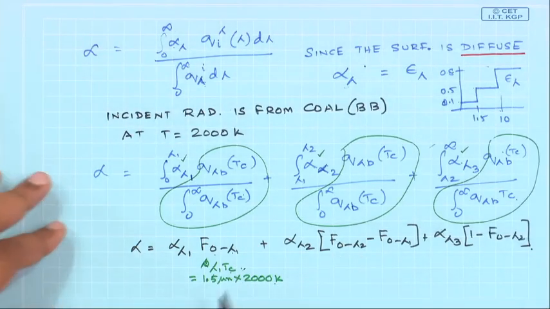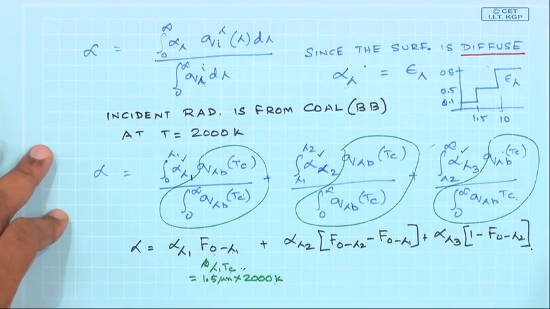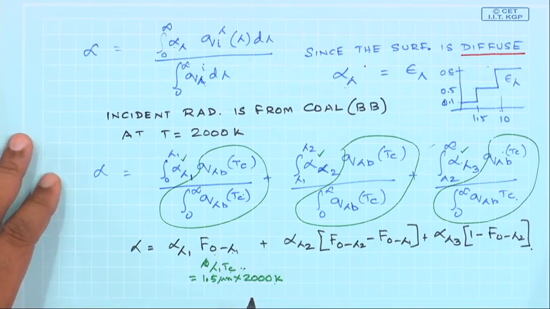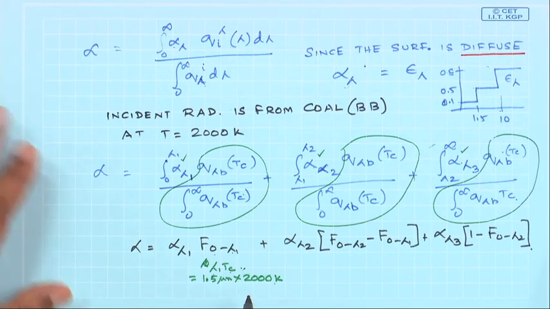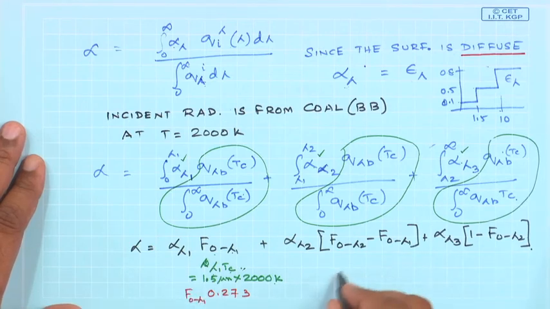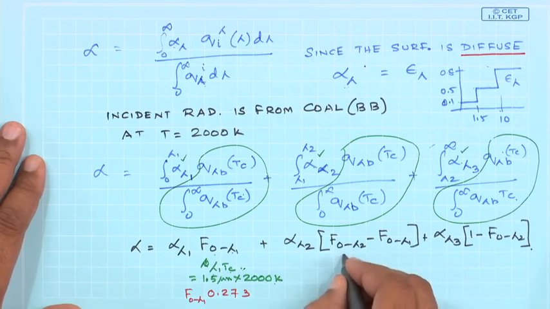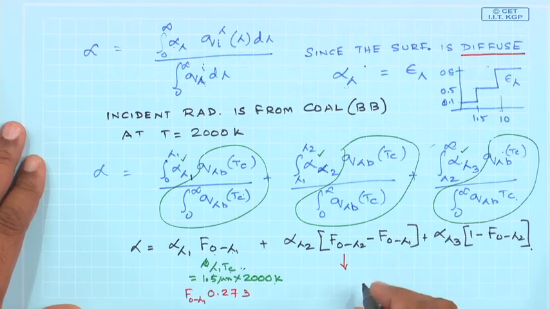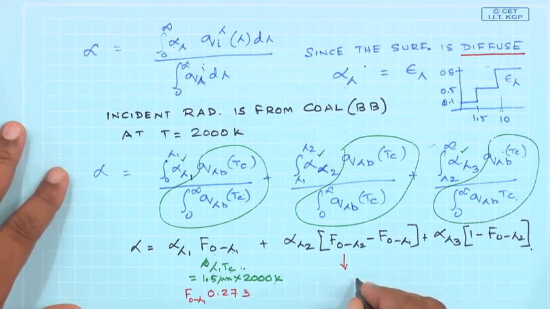So, when you do that, the value of f 0 to lambda 1 you can calculate. This would turn out to be 0.273, and the value of f 0 to lambda 2 would come out to be